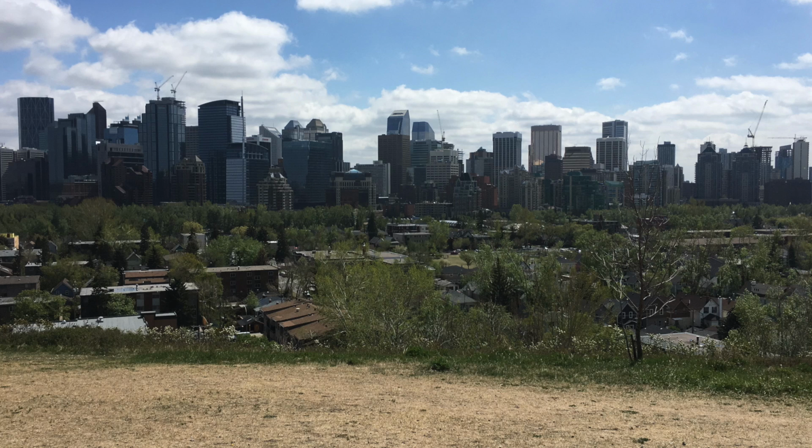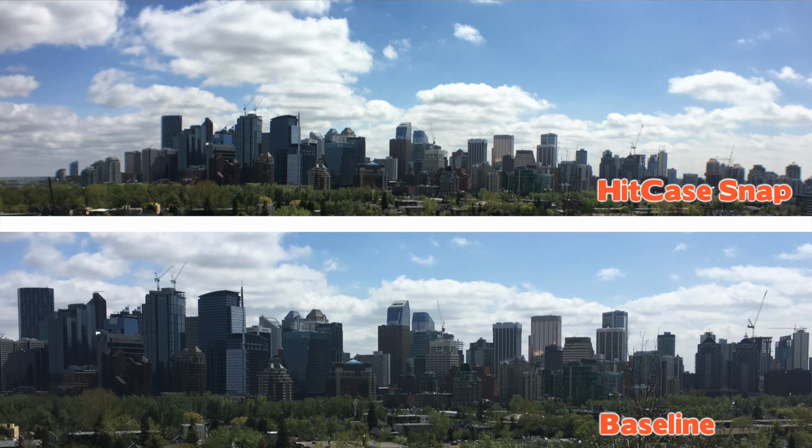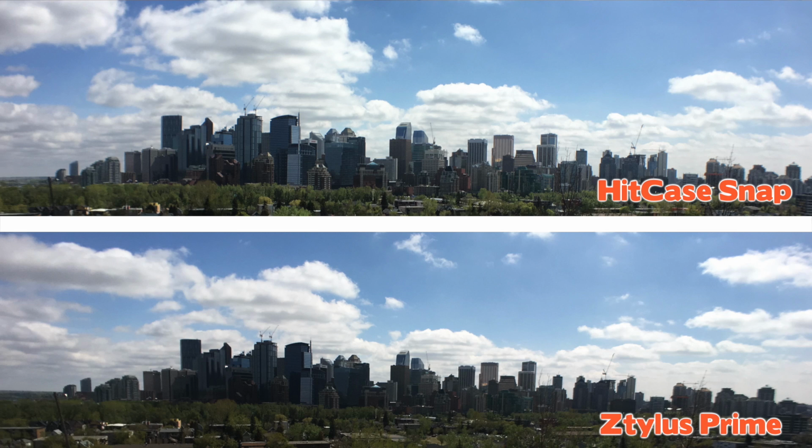In terms of lens quality, well, here's a picture of Calgary, the city I live in, and here's the same photo taken with the Trulux wide lens. Below that photo is one taken with the Z-Tilus Prime wide-angle lens. Field of view is similar, but the edges of the snap are much blurrier, and there is a bit of